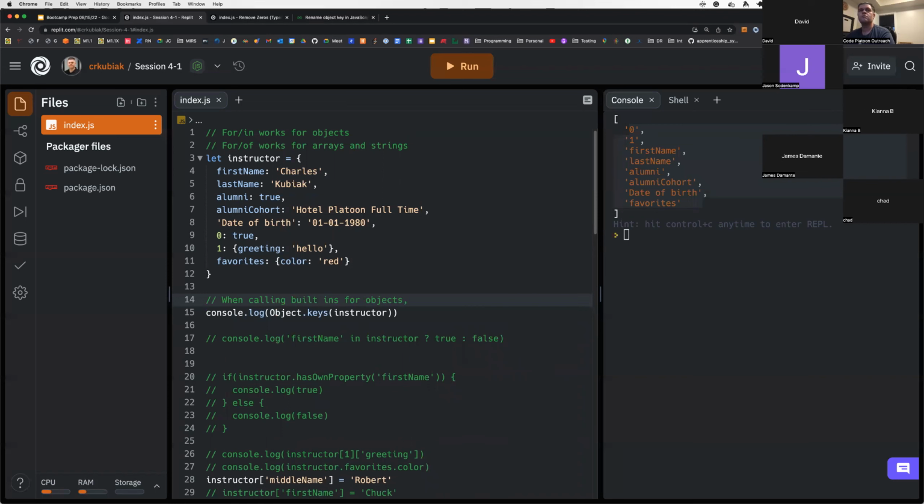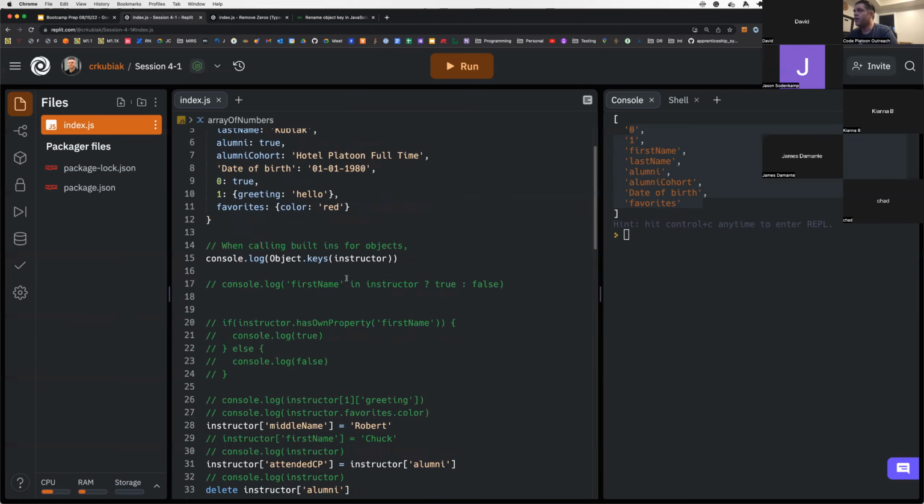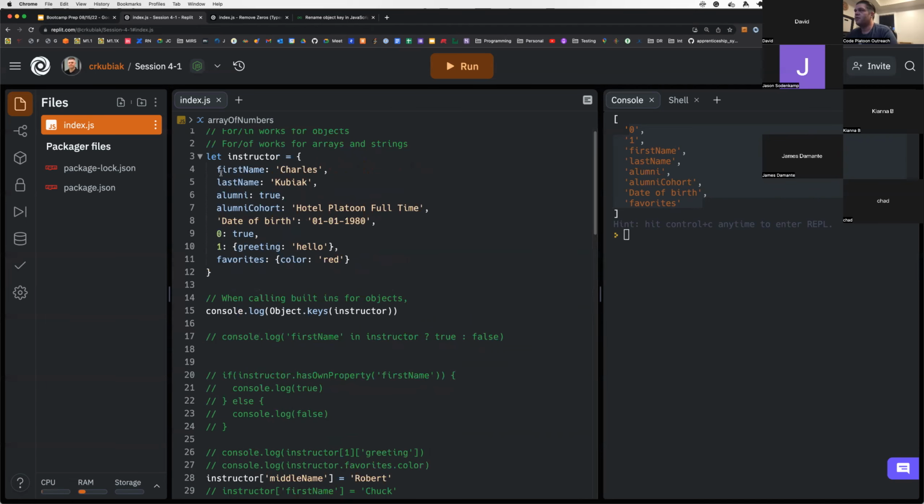Is there a reason it listed that in almost reverse order, did 0, 1 first, then? No, there's no specific reason outside of the fact that when you do an array, it is allocated and basically saved in memory in order. When you do an object, there is no order to it. So when you get it back,